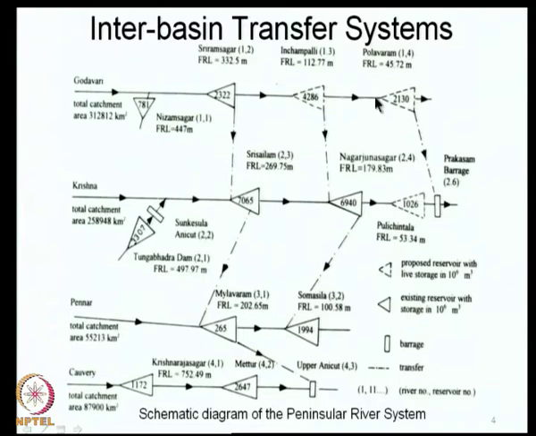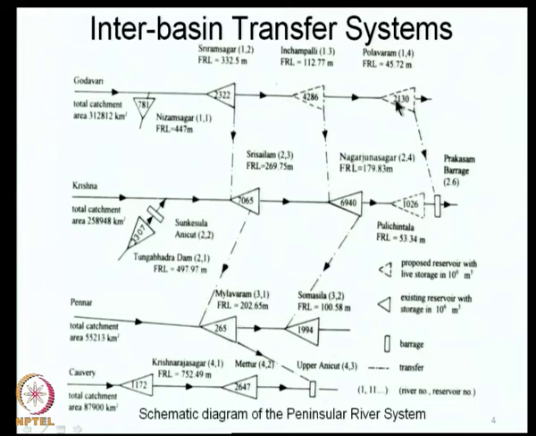Why I say either direction is because you are running the simulation model several times. It does not matter whether you start from the downstream most and go upstream or upstream most and go downstream, as long as your algorithm is correctly written for that particular direction. And then we exhaust all of these transfers and releases, meeting the demands and all of these for a given sequence of inflows. That is how you build the simulation model, knowing the demands at each of these reservoirs, knowing the capacities of the transfer links, knowing the inflows and knowing all the salient features at all of these reservoirs.